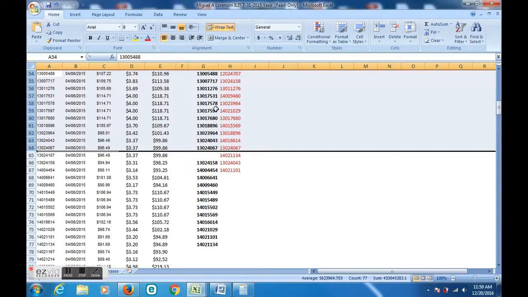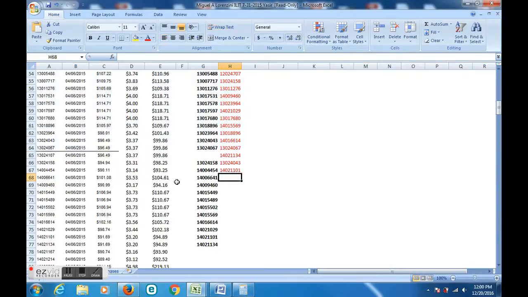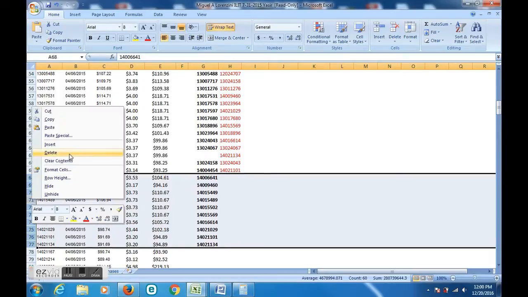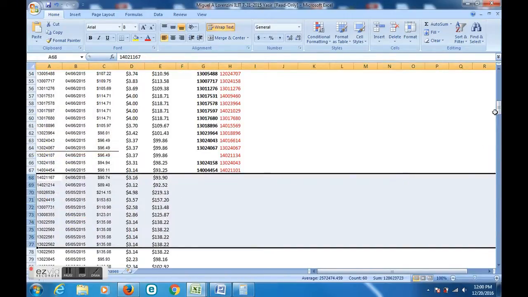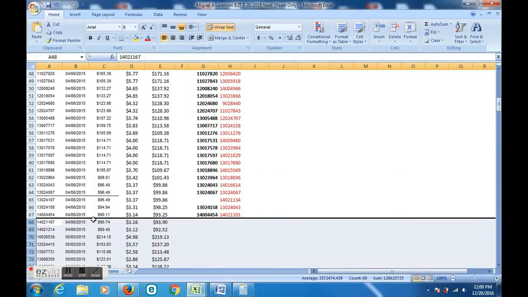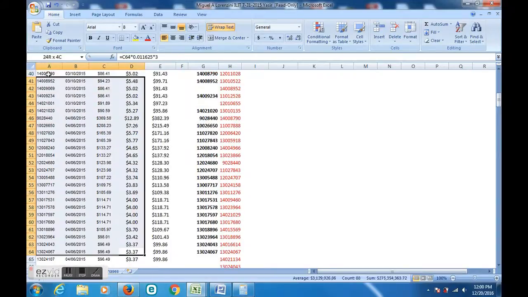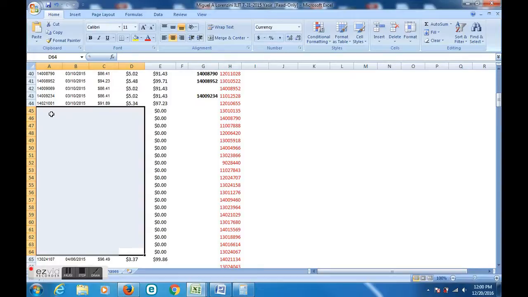You can't just go here and delete, because it's also going to delete these red redemptions, and it's going to change this over here in column G. So you can do everything up to the red redemptions, but once you get here you have to erase them like this. Just highlight that, hit the delete button, highlight all these, hit the delete button,